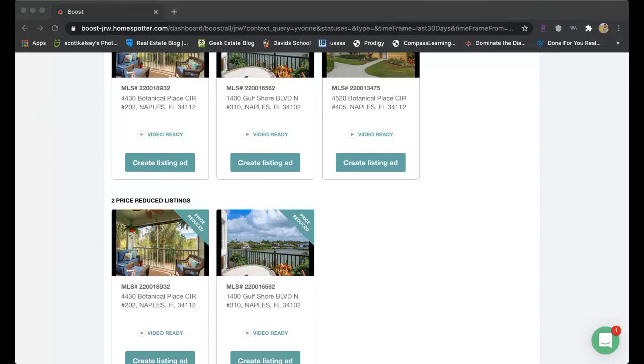I can't give you any facts about that. But if you're not getting good interaction or engagement, I would switch out that photo. Once you go into edit, all your photos that are in MLS are going to be inside that platform, and you can pick different ones. Does that help?